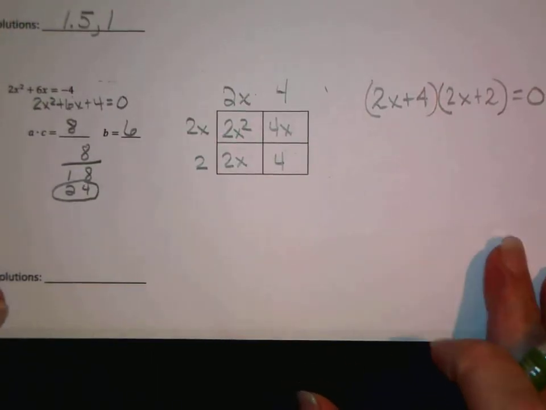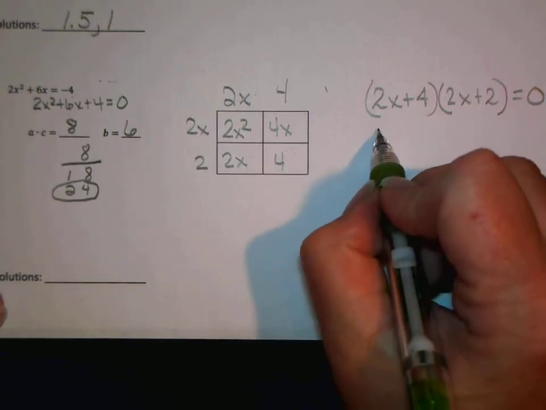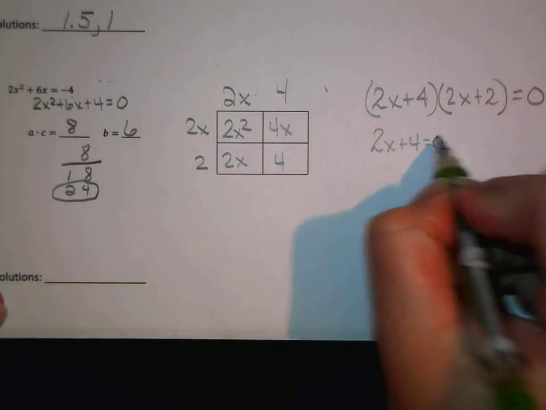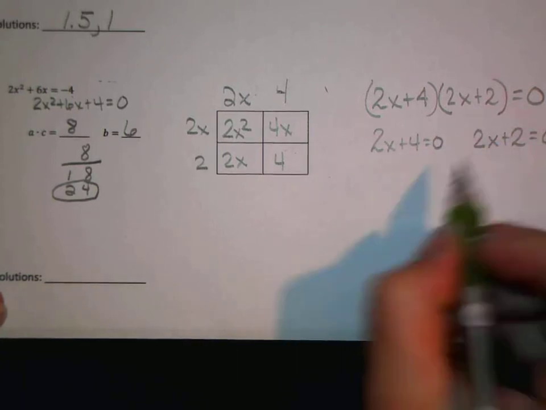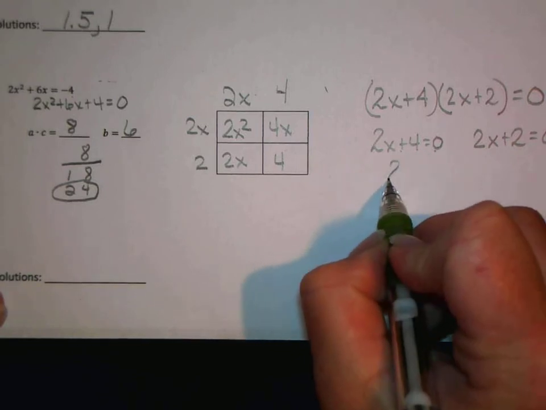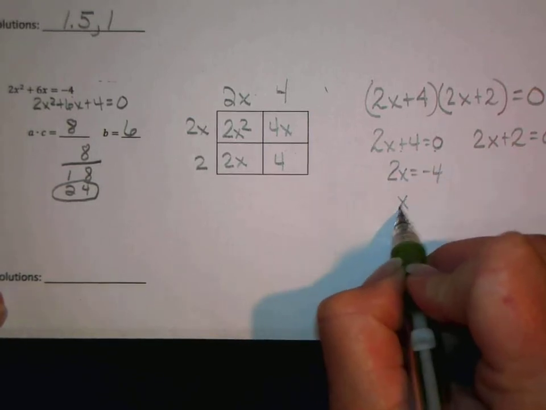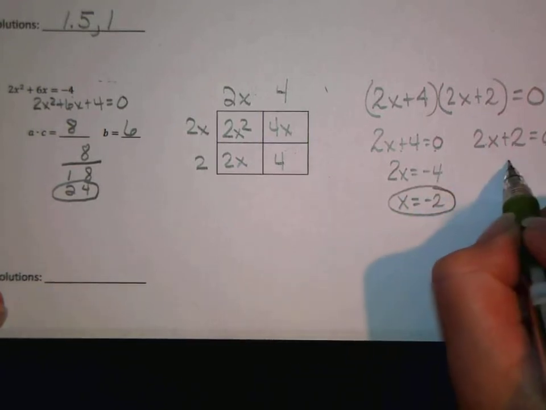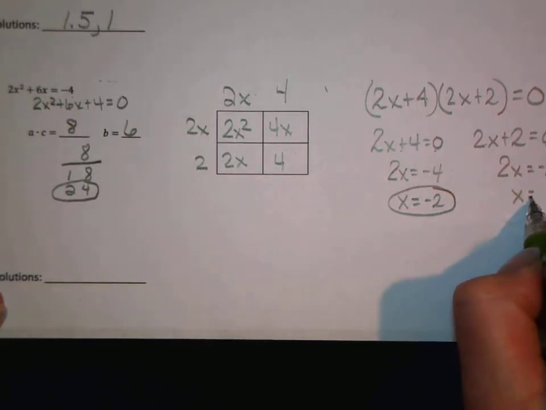To actually get the solution, you need to set each piece equal to 0. So 2x plus 4 should equal 0, and 2x plus 2 should equal 0. So you're going to subtract 4, so you now have 2x equals negative 4, and then you're going to divide everything by 2, so x equals negative 2. 2x plus 2, you're going to subtract 2, so 2x equals negative 2, and divide everything by 2, so x equals